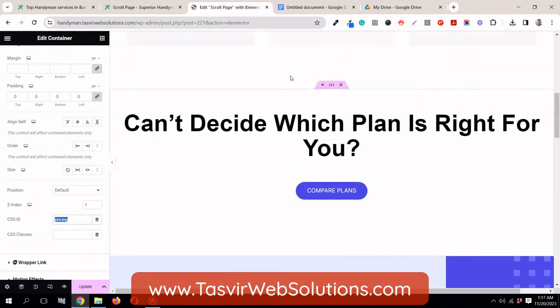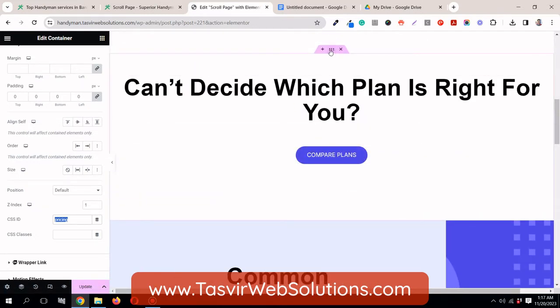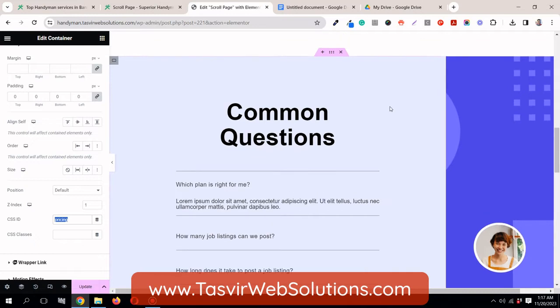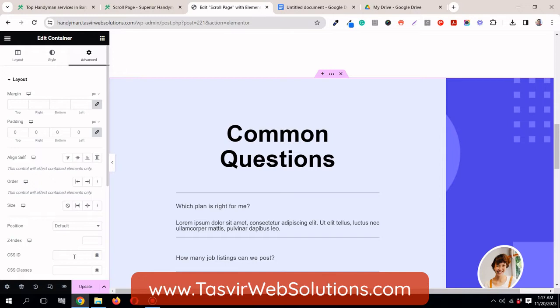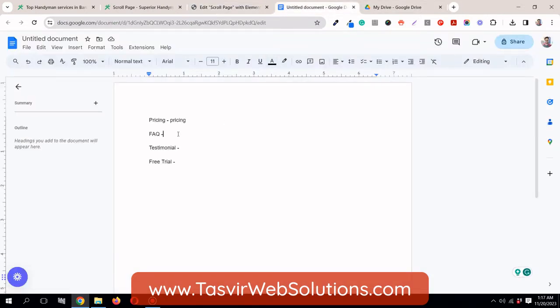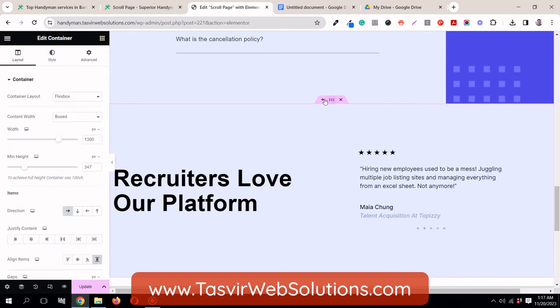and for the scroll down we are ignoring this section. Okay, but if you want to have this section in the navigation menu, you can add something like compare plans, but for saving time I'm ignoring this. So let's just go over here, common questions. So we can assign an ID FAQ over here, copy this. For FAQ, the ID is FAQ,